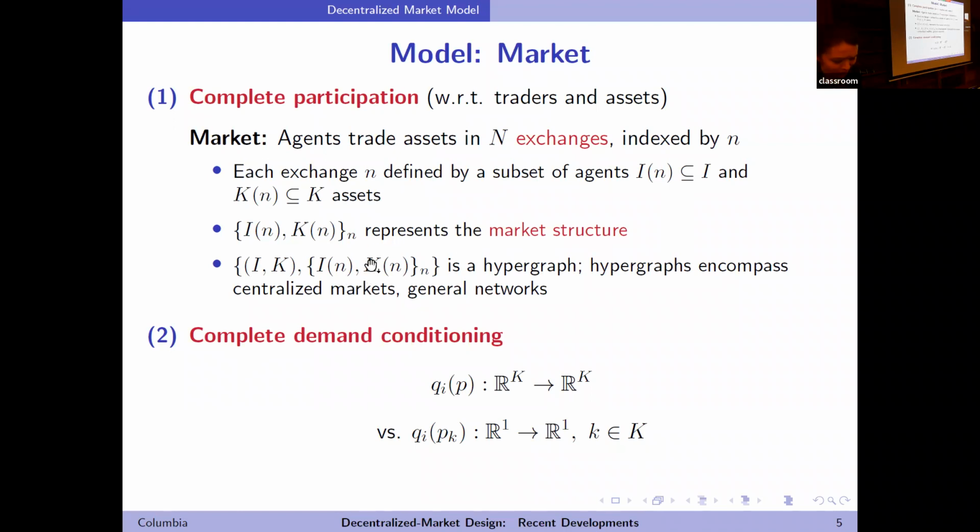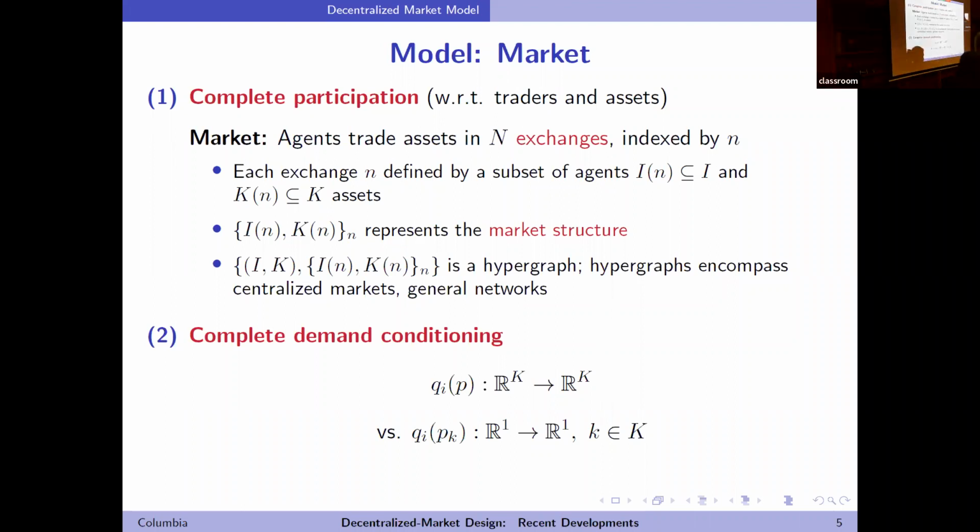Right. Okay, wonderful. So let me just give some examples. In a hypergraph, nodes may reside on many graphs, which captures that traders may participate in many different types of trading arrangements. Edges may originate from and point to a different graph. So there can be intermediation across markets. Graphs may contain other graphs as nodes. I mean, a hypergraph is a very rich object. It's an absurdly rich object, and it will be richer than what we need to make welfare comparisons that are interesting. Hypergraphs can capture many different types of market structure.